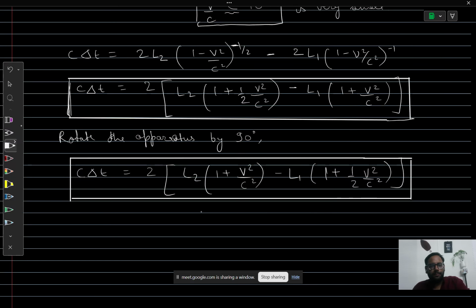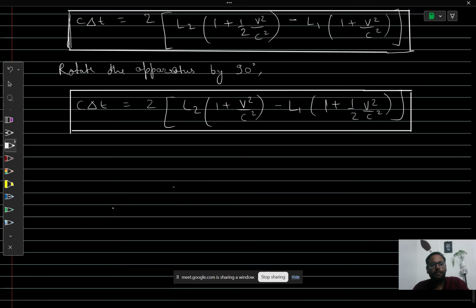Okay, we will define some delta t. c delta t as c. Let this be t dash. Now, delta t dash minus delta t, what will it be? It will be